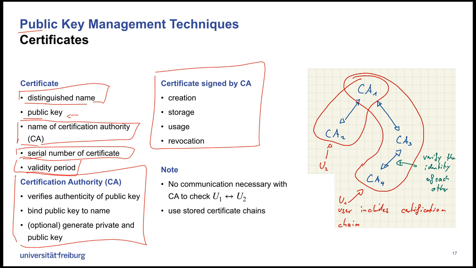So when I was teaching this some years ago, the university was an authority. You go to the computer center, or you just visit the web pages, and then you can have your public key certified by the University of Freiburg. That's one way to do it. Another way is that the state is also signing your public key. So then you have your public key and you can send messages, and everybody will trust you that this is the case,